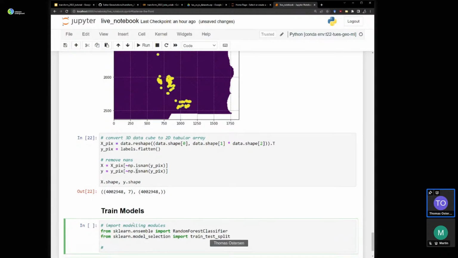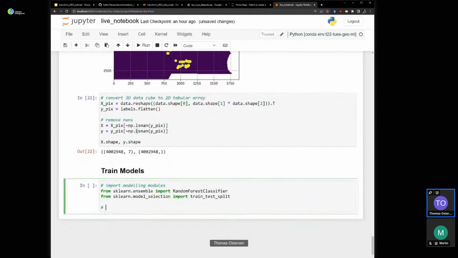So before we fit a model, we want to be able to validate that model. If we go back to the presentation, you remember, once we've got our modeling ready data set, we need to extract some of it, hold it outside of the modeling process to use as a validation set. So to do that, we're just going to use this train_test_split module, which allows us to split the input data set into training and testing subsets at random.